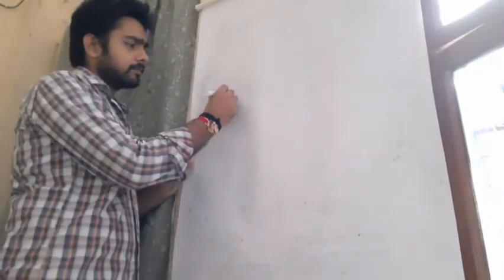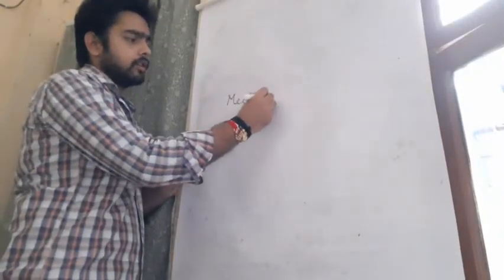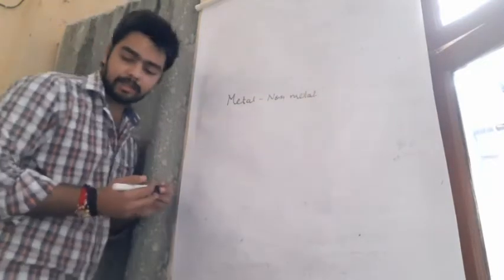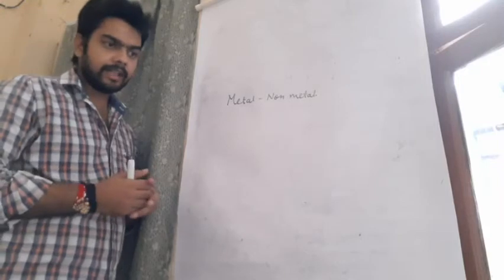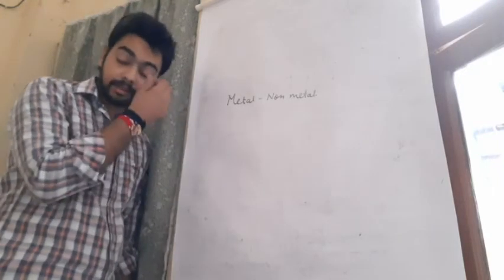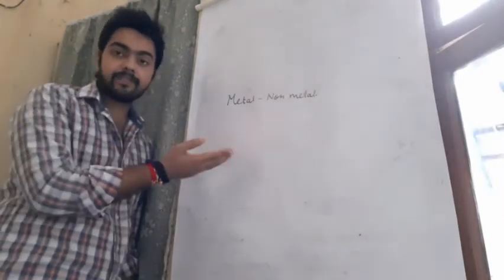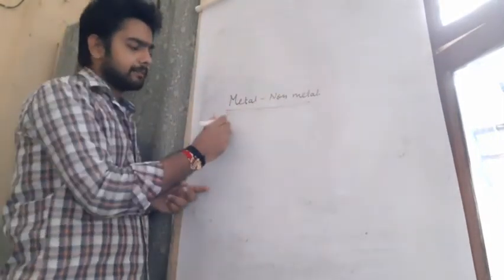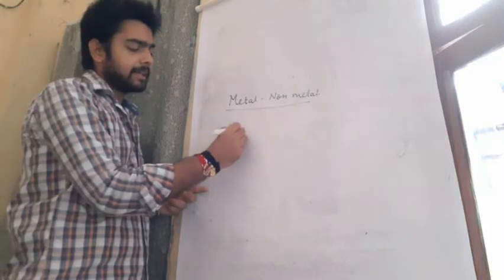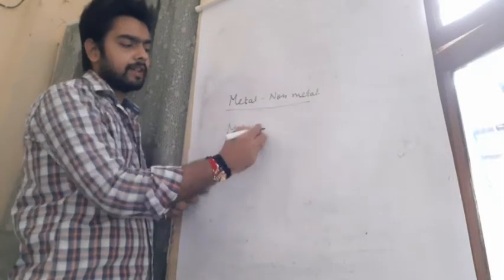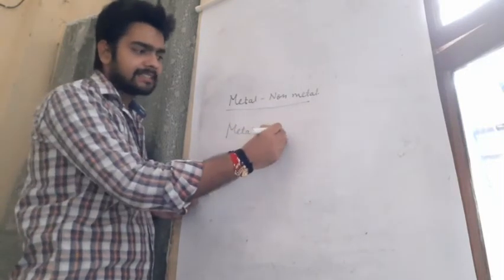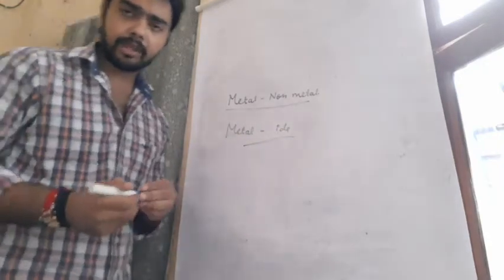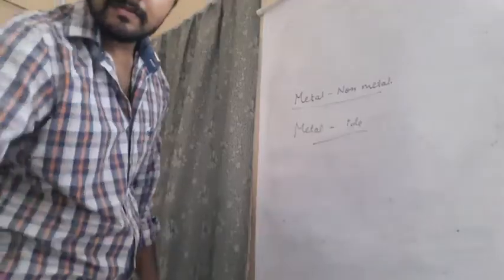When we talk about a metal and a non-metal, it is quite easy. You have to read one table in which we have namings of positive charge and negative charge. But when we have to name a metal and a non-metal, the simple rule is metal is named as such, and when we have to name the non-metal, IDE is added at the end of it. Okay, let us take an example so you can understand it better.